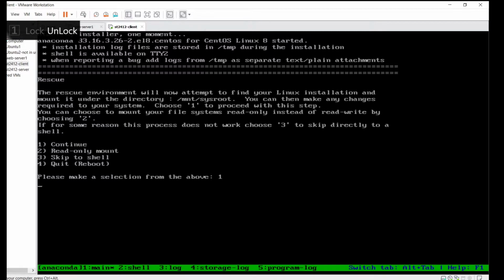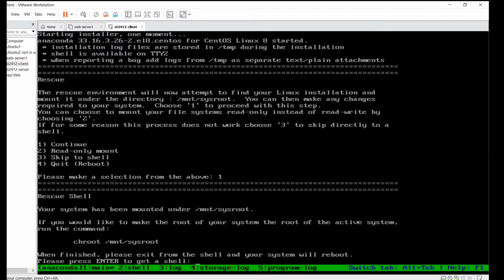The rescue environment will now attempt to find my Linux installation and mount it under the directory /mnt/sysroot. I can then make any change required by my system. I'll now press 1 to continue and wait for the rescue shell to boot up properly.